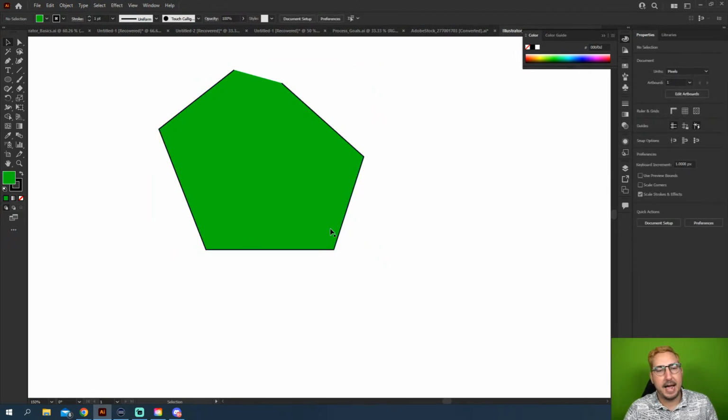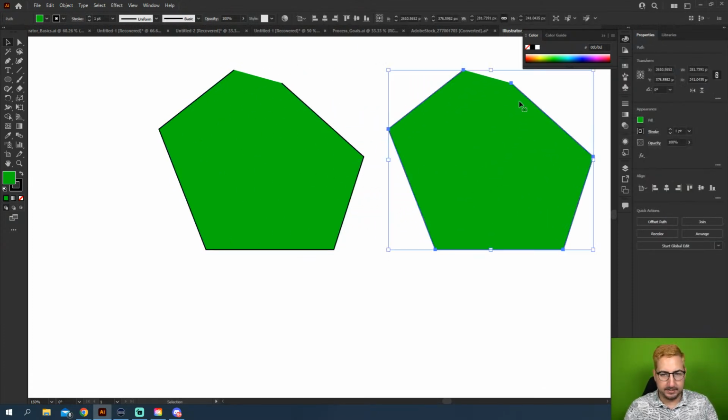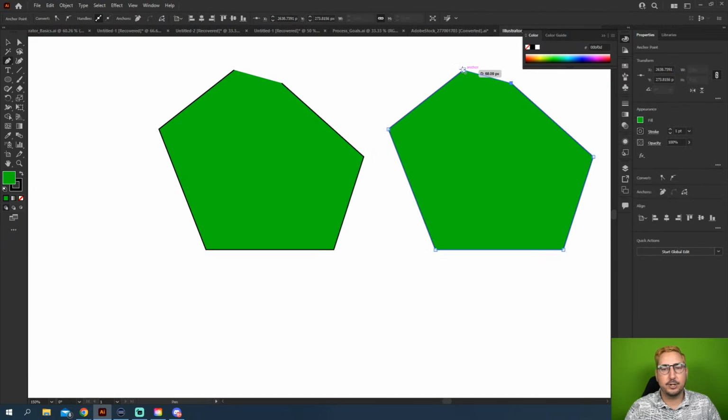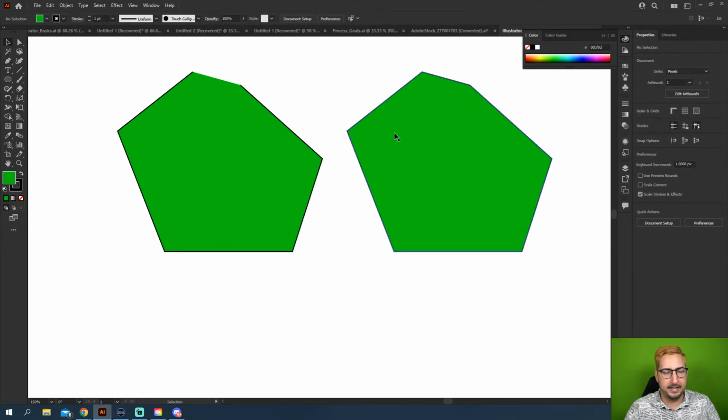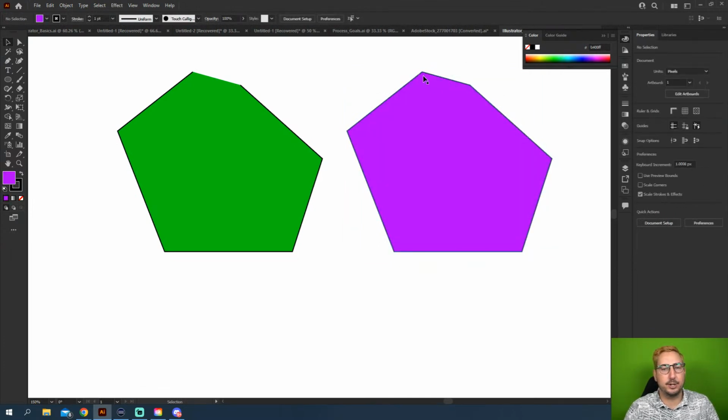So this is a path. Now, if I make a copy of this and I close it, right? So it's no beginning and no end. It is a fully enclosed shape, right? You can see all these points. There is no openness. Now I can change the color and you'll see that it is a complete enclosed shape,